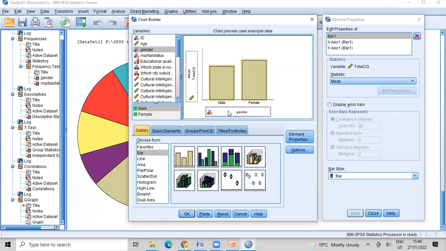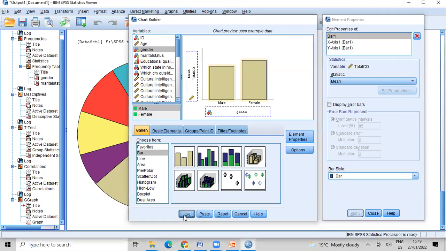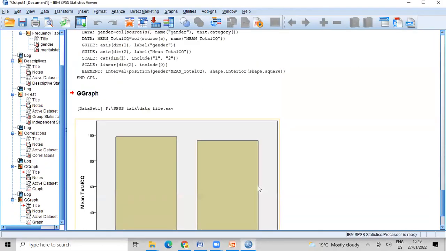So we need to see the difference in the mean total cultural intelligence between men and women. The statistics can be mean, median, or sum. Let's keep it mean. Mean is easier. Then click apply, click OK, and you will have the bar diagram.